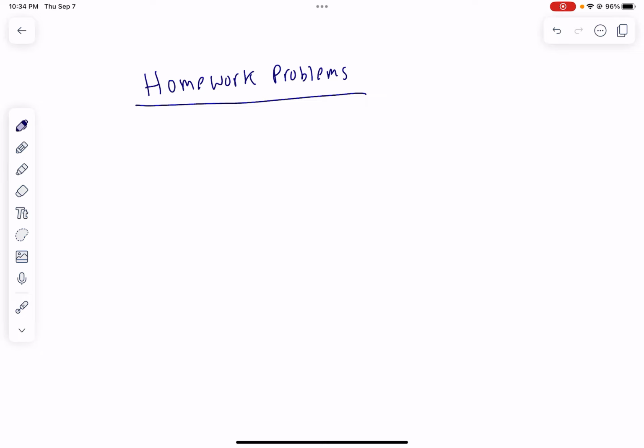So keep that in mind, just the odd problems of the homework assignment. So if you look at the homework assignment, the first page, questions 5 through 21, all the odd, you should be able to do based on what we just talked about. If you look at the second section, you should be able to do questions 27 to 35 based on what we talked about. If you look at the third page,